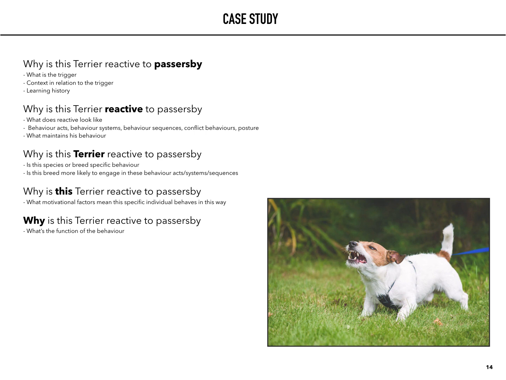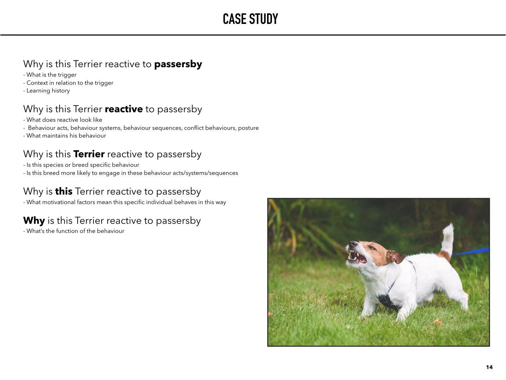So a client mentions they have a reactive adolescent Parson Russell Terrier. He was bitten as a puppy when he was walking on the lead, and he now lunges at other dogs when he's on leash, snapping and high-pitched barking. He's showing piloerection, and if the other dog doesn't move past quick enough, then he starts biting the leash, or when the other dog starts reacting too, he'll hide behind his guardian. So why is this terrier reactive to passers-by? These are your triggers, in this case other dogs when walking on leash.